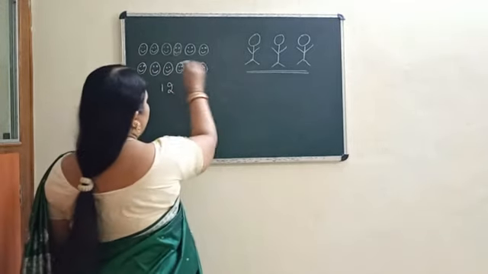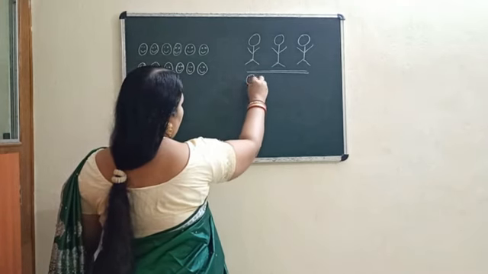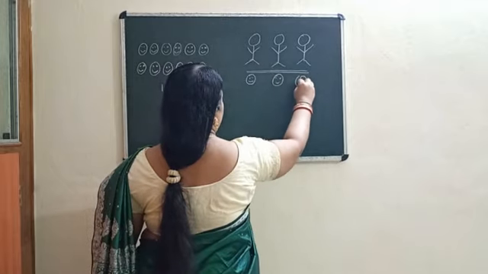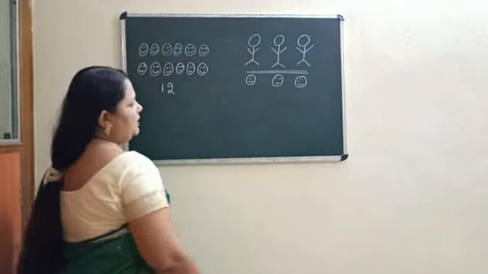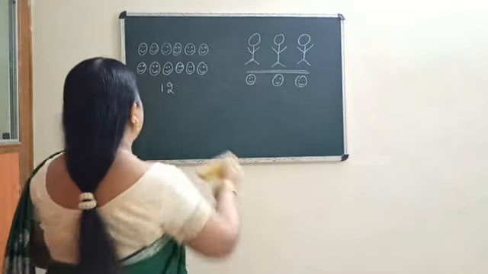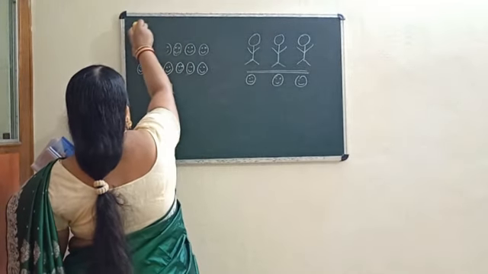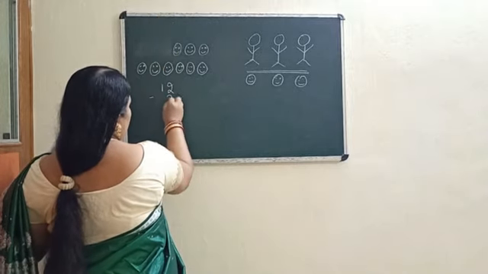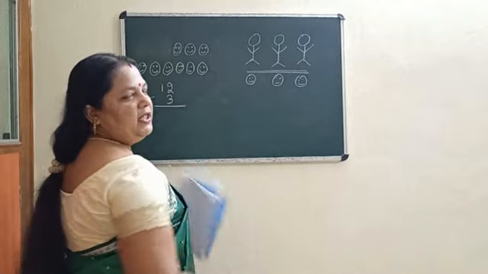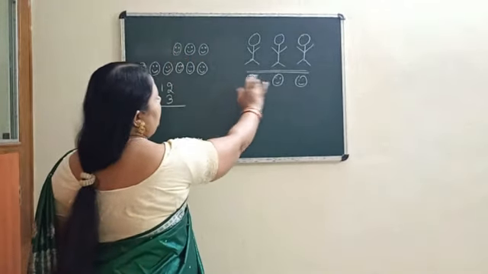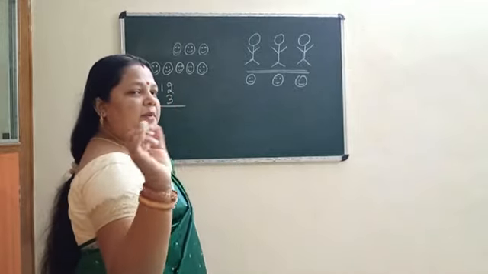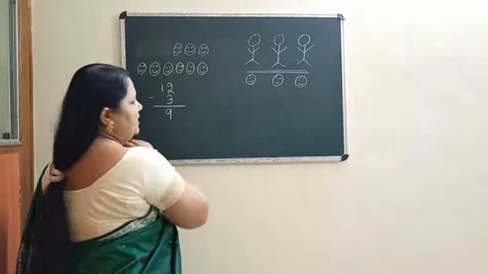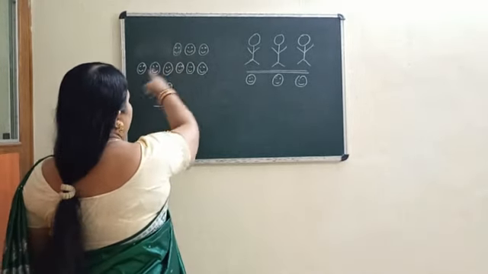So what to do? If we start giving one by one, then now each one gets 1, 1, 1. So what to do? I am just rubbing out 3 stickers because we have already given 3 stickers. So we are subtracting. Why subtract? Because out of 12 we have already given some, so how will you find out the amount left? By subtracting. So now if we minus it, how much is left? 9. You can see here 9 faces are left.